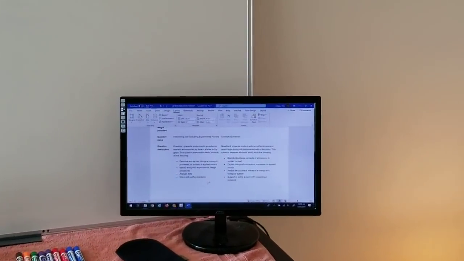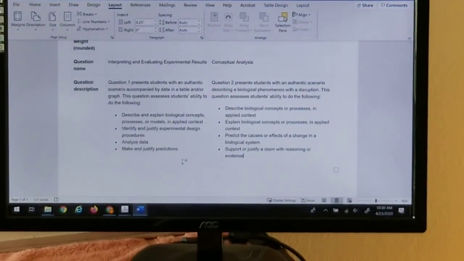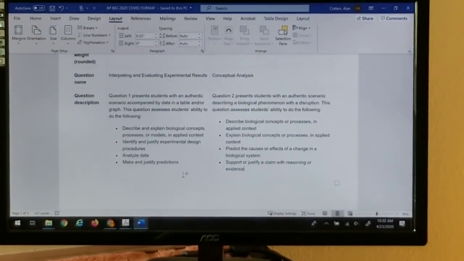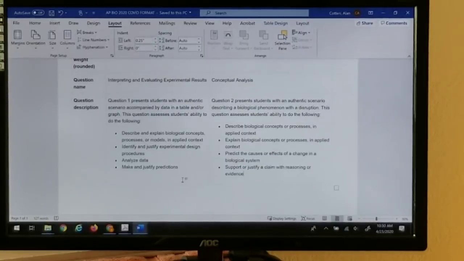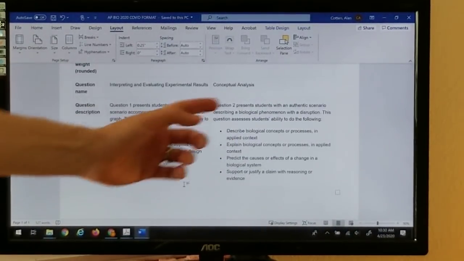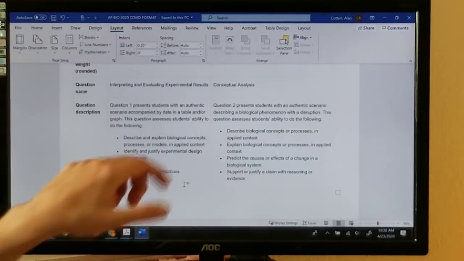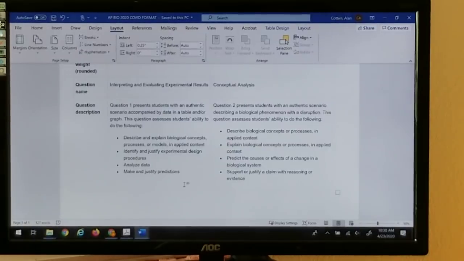Question 1 is supposed to be worth 65% of our grade. Again, this year we have 2 free responses. And question 2 is supposed to be 35% of our grade. So I know it's not exact, but that's basically 2 to 1, 2/3 of your grade and 1/3 of your grade. Now, if you look at this, question 1 presents students with an authentic scenario accompanied by data in a